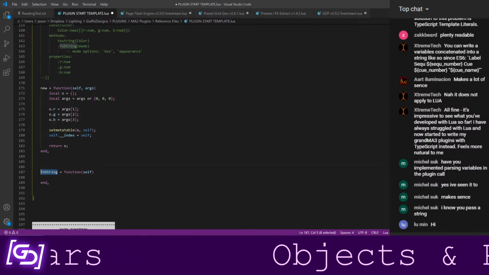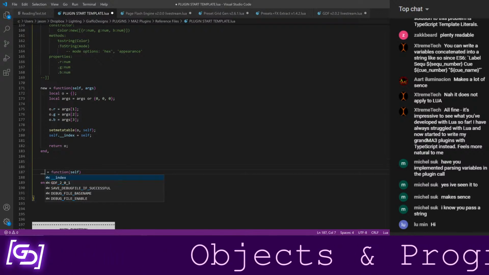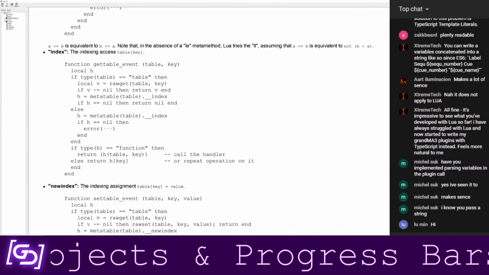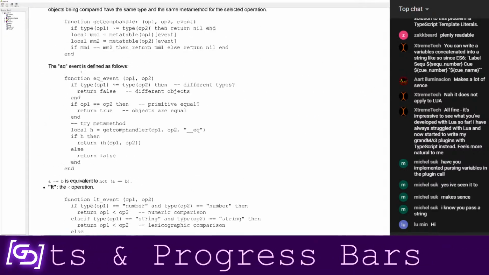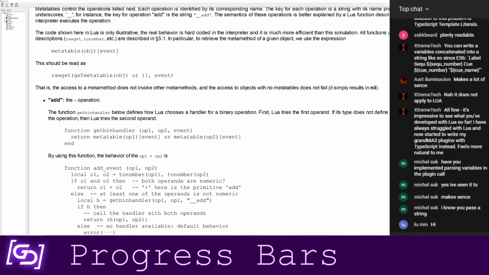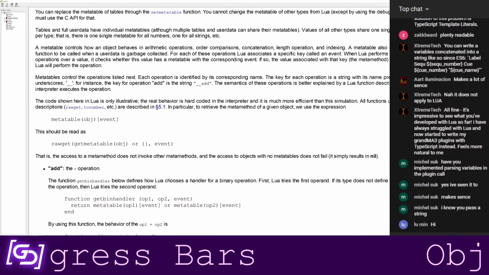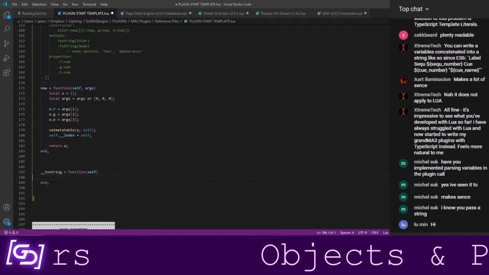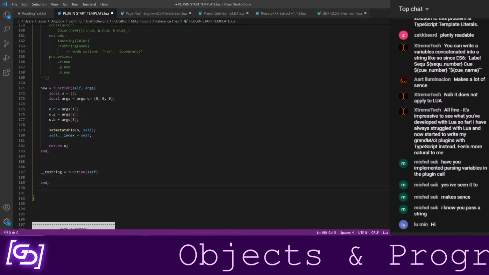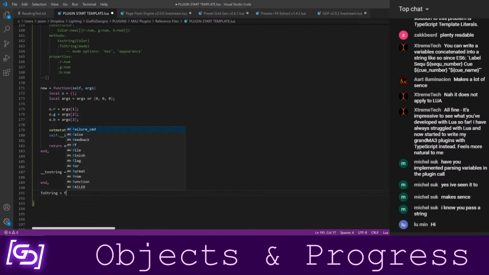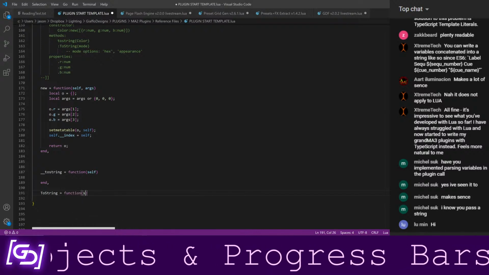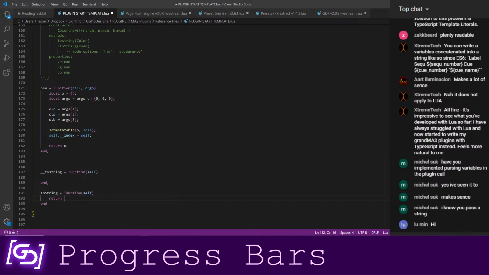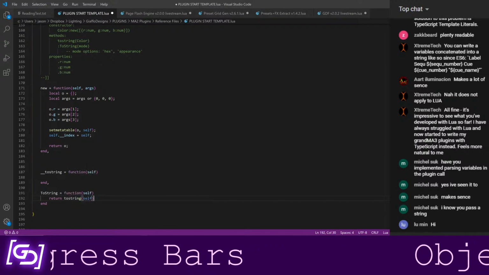It would act as if this method had always existed inside of this table and is acting upon O, which actually just reminded me that the only thing I need to do for this is tostring. Because if we look back at our documentation here, somewhere in here is the tostring thing. Anyways, I promise that's the thing that you use to implement a tostring method on it. And then I'll just say tostring equals function self, and we'll say return tostring self.